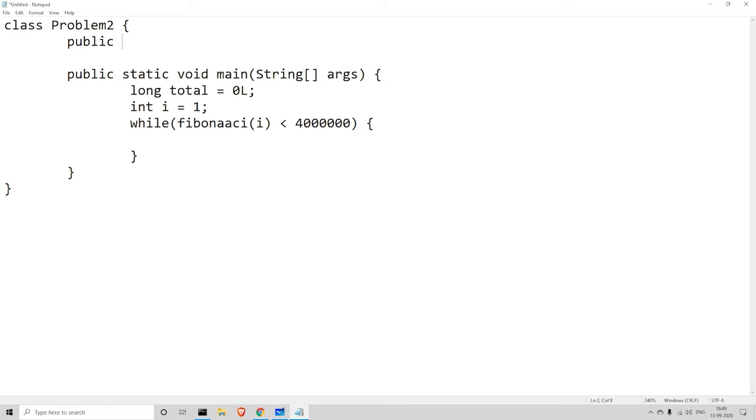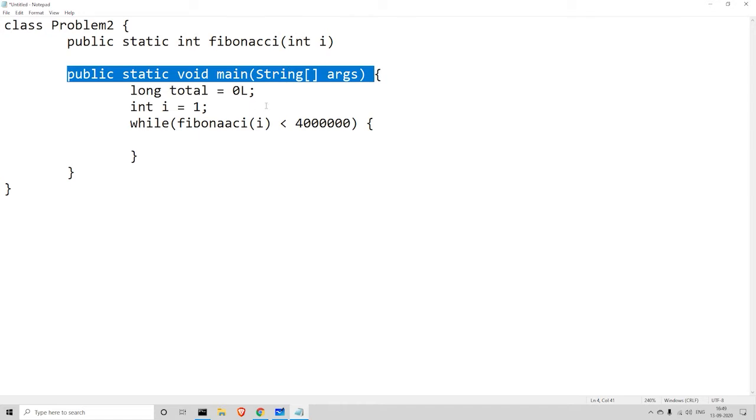I'll name this function public static int, and I'll call it Fibonacci, because that's what it's supposed to give me. What these keywords mean: public means that all the functions inside this class can access this function. You're naming it static because you have named the main function static.